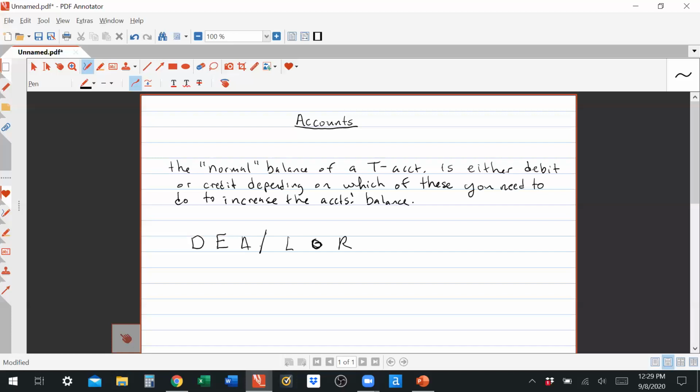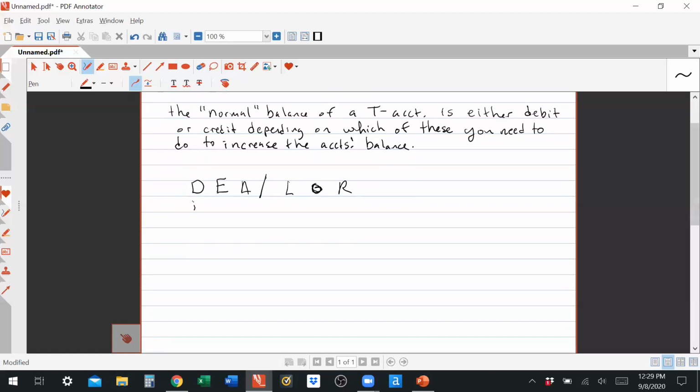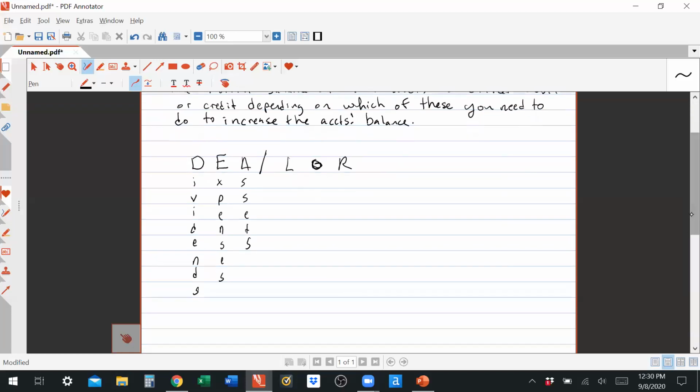Think of the word DEALER, but we break it up into two parts. D stands for dividends. E stands for expenses. A stands for assets. So if an account is a dividend account, an expense account, or an asset account, that means that account, to